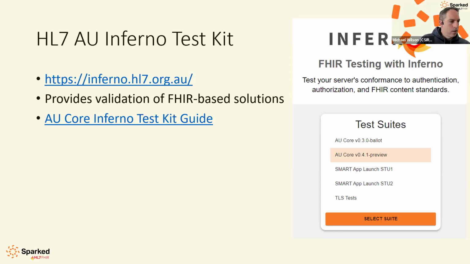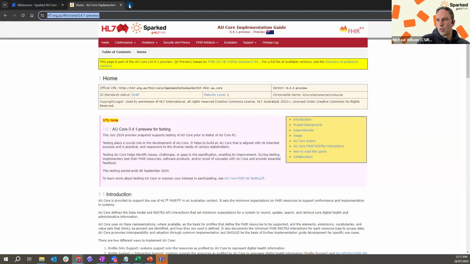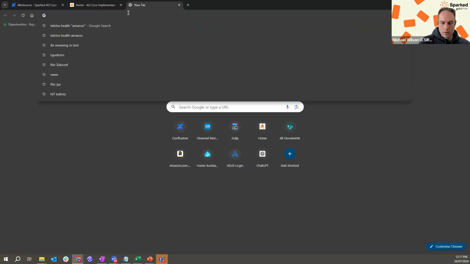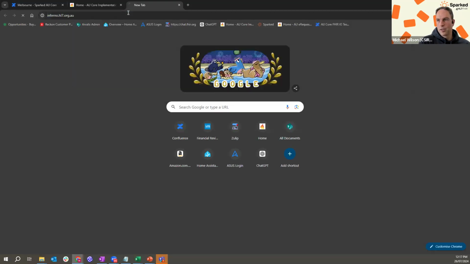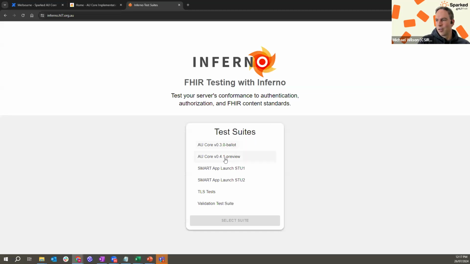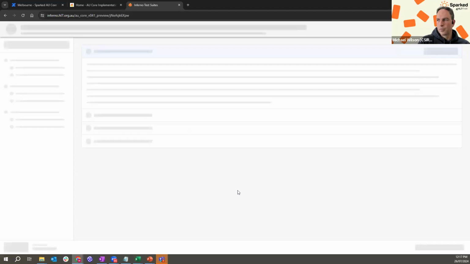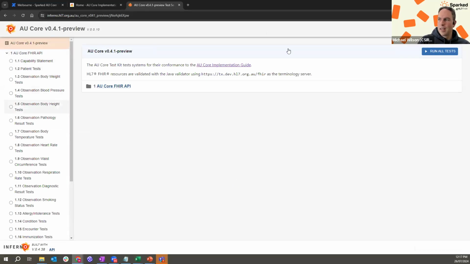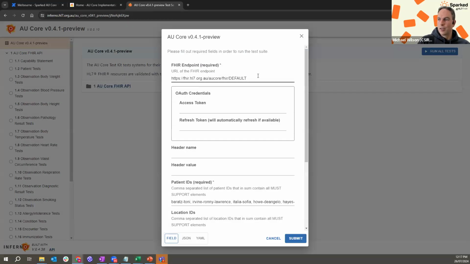I might be able to show you here. So this is Inferno. You select the 0.4.1 preview here, and these are all the tests. When you select to run all tests, it will ask you what your FHIR server is, so you can specify that. This is pointing at our reference server at the moment.